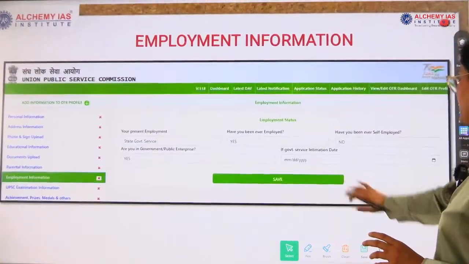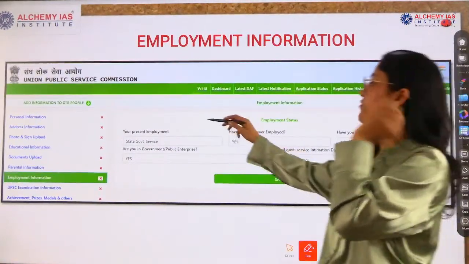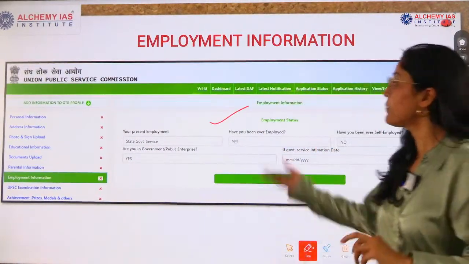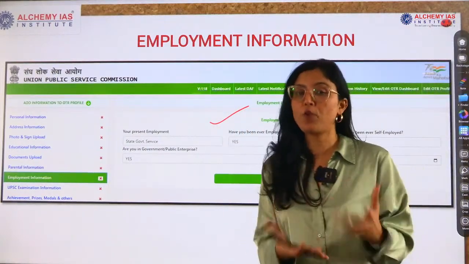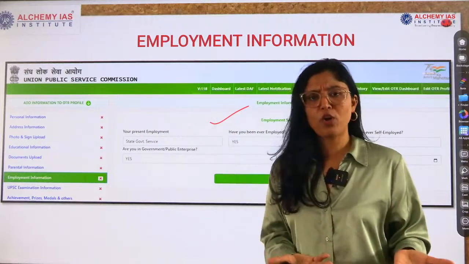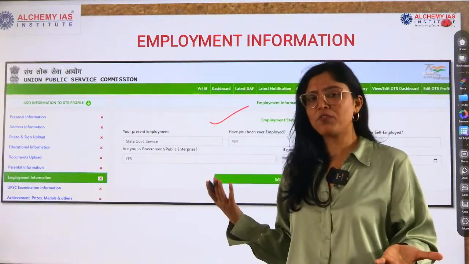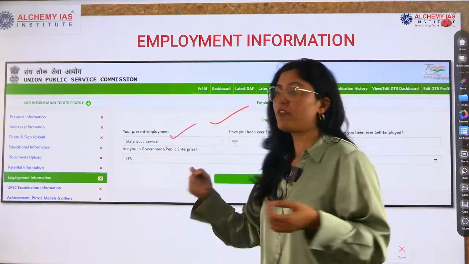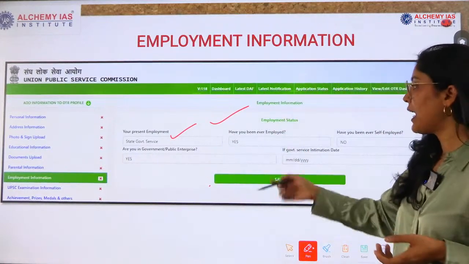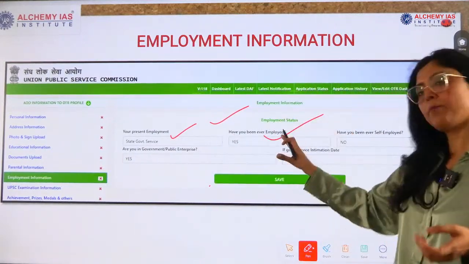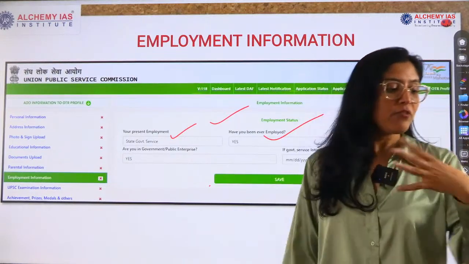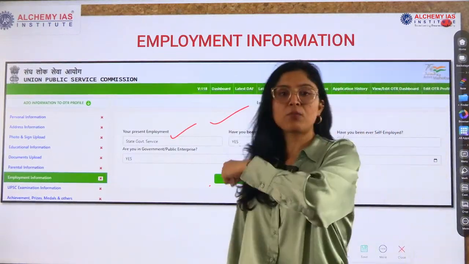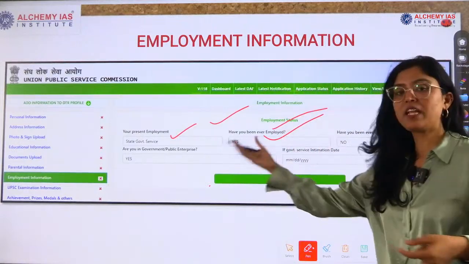Now employment information, which is again very important. See, in employment what you have to do is your present employment, whether you are employed. If you are not employed, unemployment option will be there, right? So if you are employed and if you choose for the employment type, mention it. Have you ever been employed? Matlab, past also they want to ask, they want to know more about you, that have you ever been employed in the past also, that option is also given. So you can say yes or no.